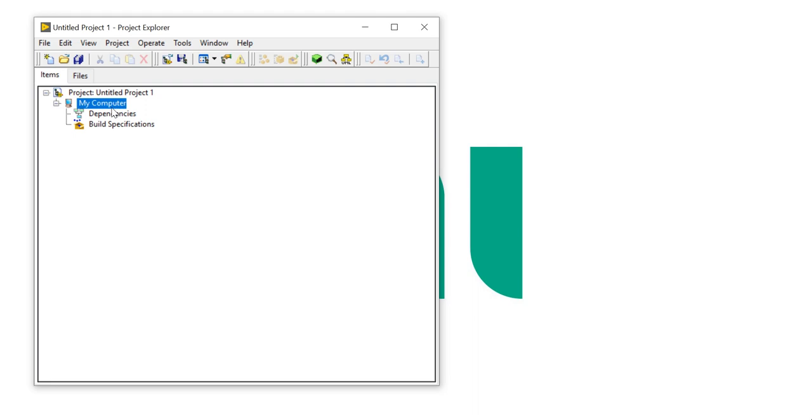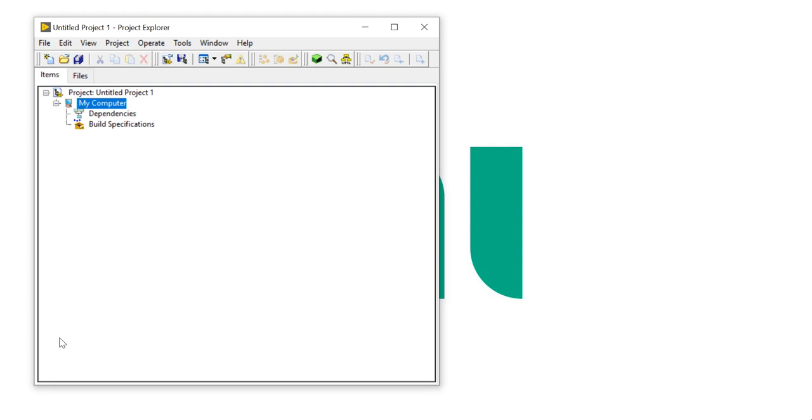Suppose you want to connect an Arduino with LabVIEW. Whatever libraries are required will be addressed under the dependencies. And the build specification includes the configuration for source distribution and other types of built-in libraries.